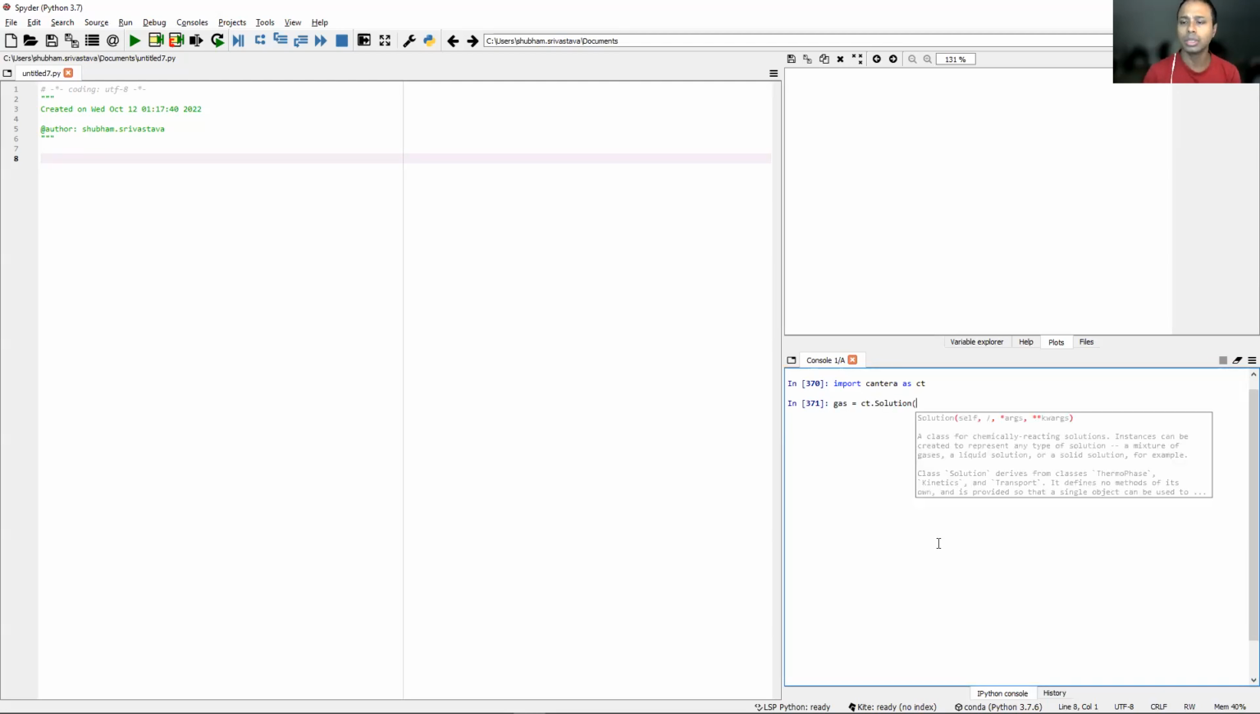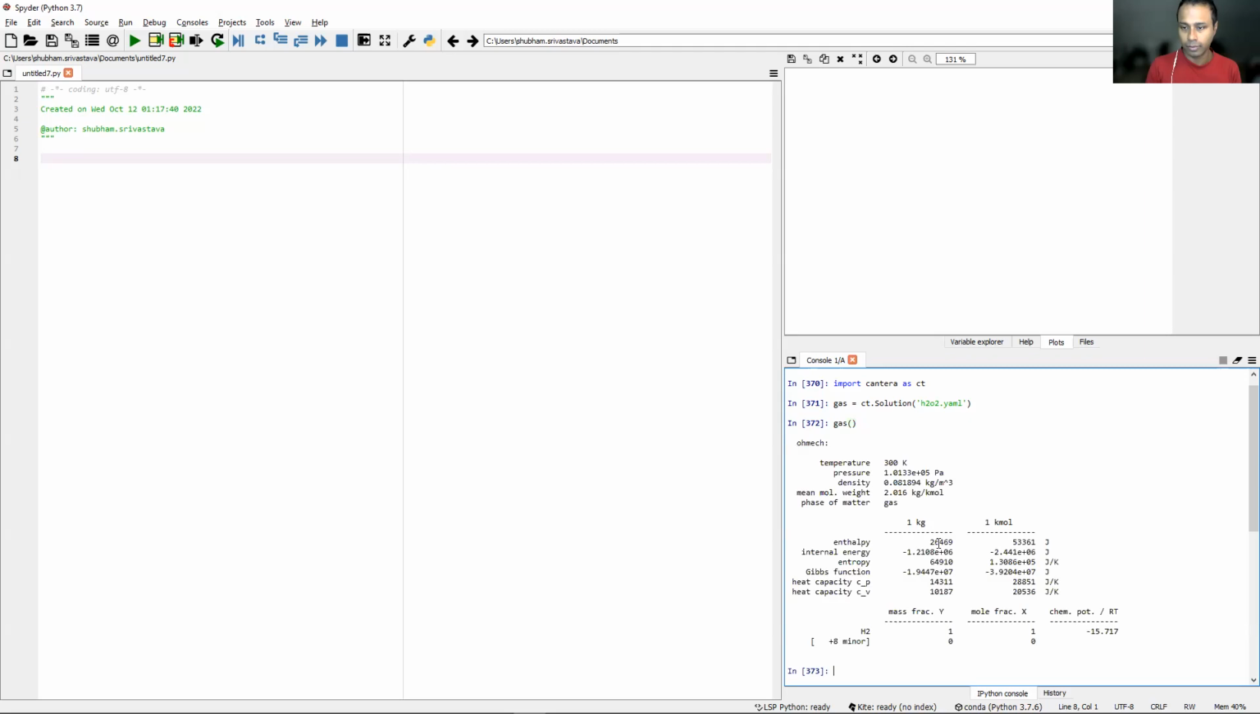This time, let's use the hydrogen oxidation reaction mechanism, or the hydrogen oxidation input data file. That will be h2o2.yaml. Okay, so we can also take a look at exactly what it has right now. Again, it has